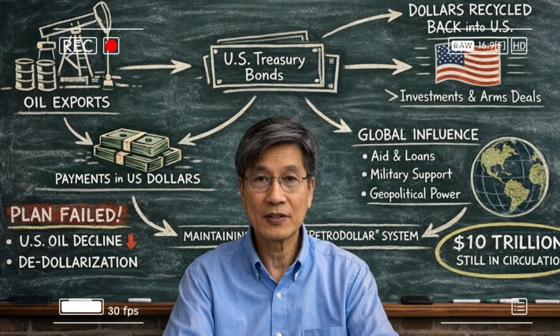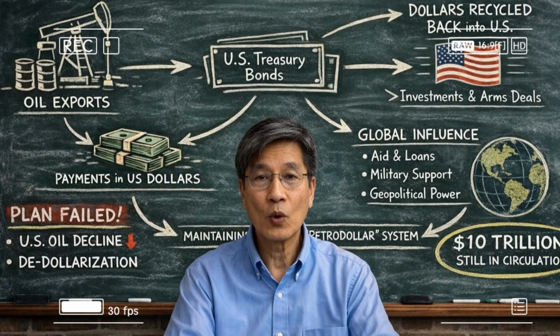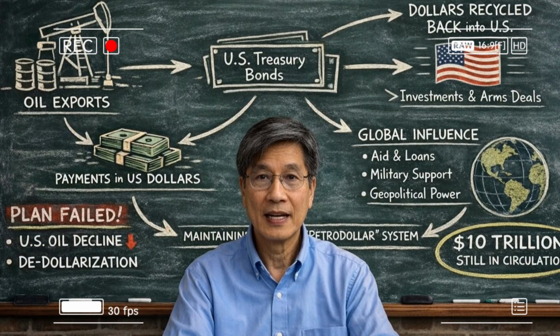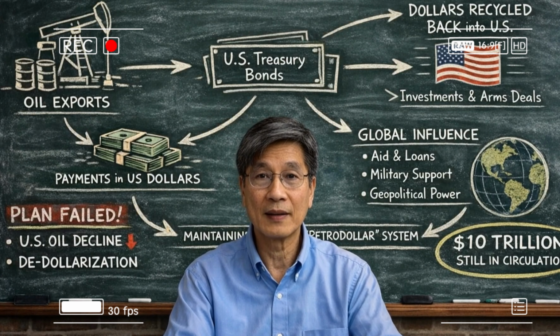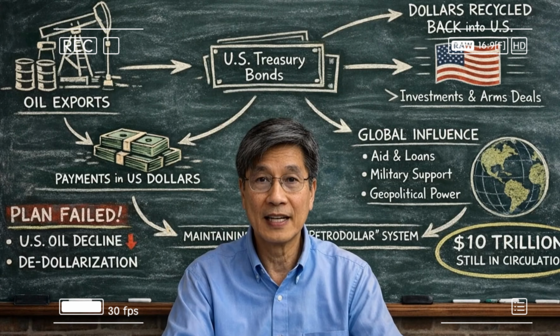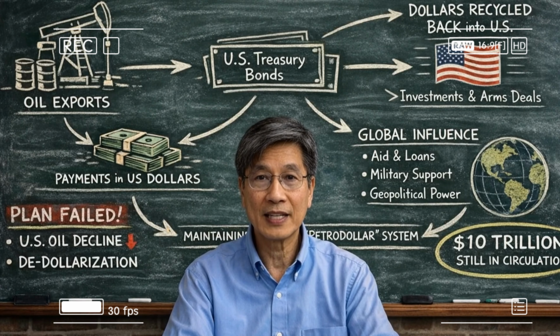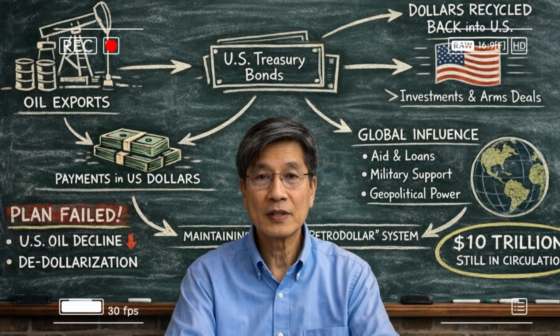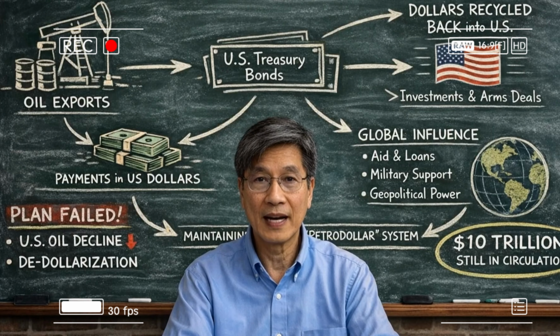To understand the petrodollar, we first need to understand why oil is so important. We use oil to fuel our cars, planes, and ships to transport people and goods around our countries and around the globe. We use it to make plastics. In some countries, we use it to produce electricity. We even use it to manufacture chemicals, fertilizers, and many other everyday products. Our modern economy depends on oil for basically everything.